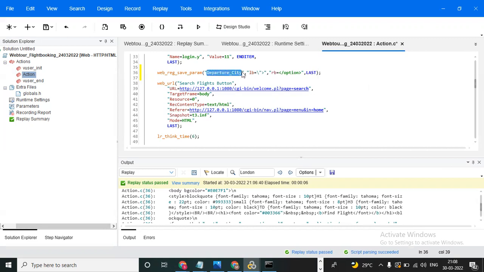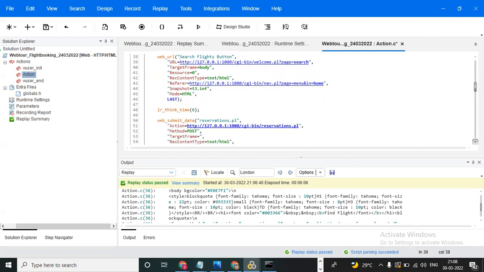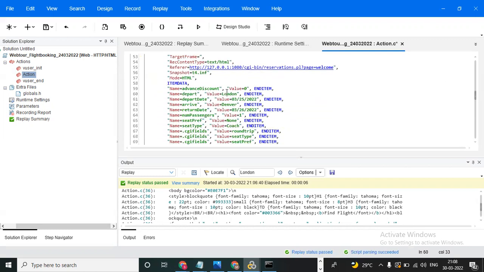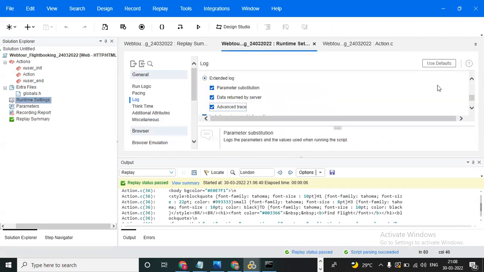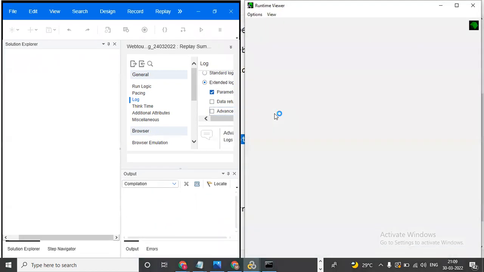You can copy this parameter name, go to the dynamic value place, remove that, and in open curly brace, close curly brace, paste that value. Now you can execute and replay. Before replay, you need to remove the full mode. And you can execute.